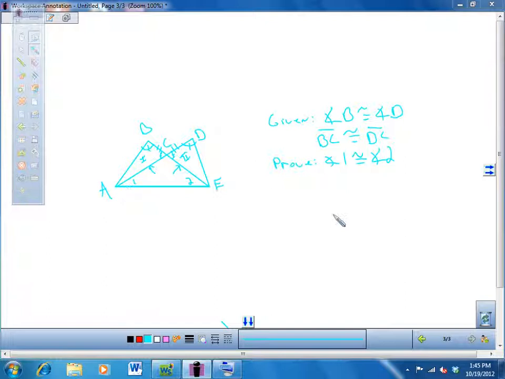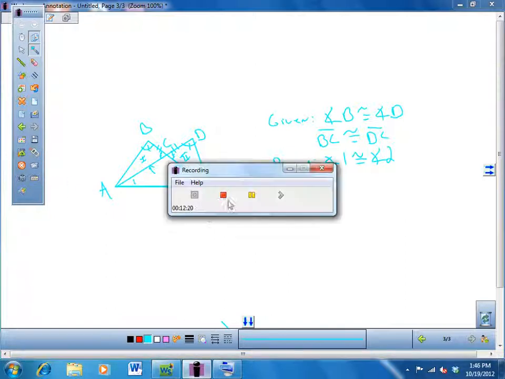So you should be able to write that up in a flowchart proof. So first you'd write your givens, then you write the vertical angles, then you write that these two triangles are congruent, then you'd write that these two are congruent by CPCTC, then you'd say that this is an isosceles triangle, then you would say that angle 1 therefore is congruent to angle 2. So it would be kind of a long proof, but you could do it. And you have a couple things like that in your homework. Okay? So your homework, which you're going to start on now, and if you